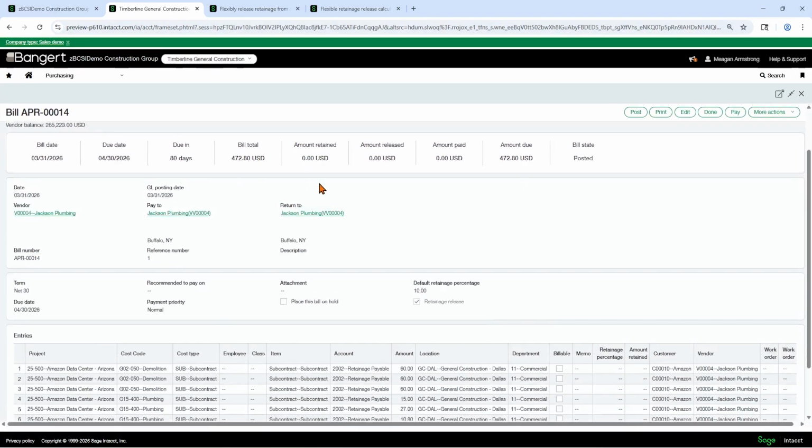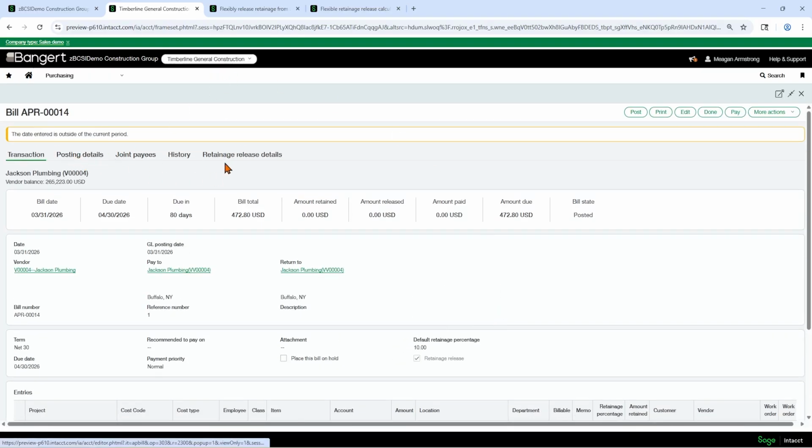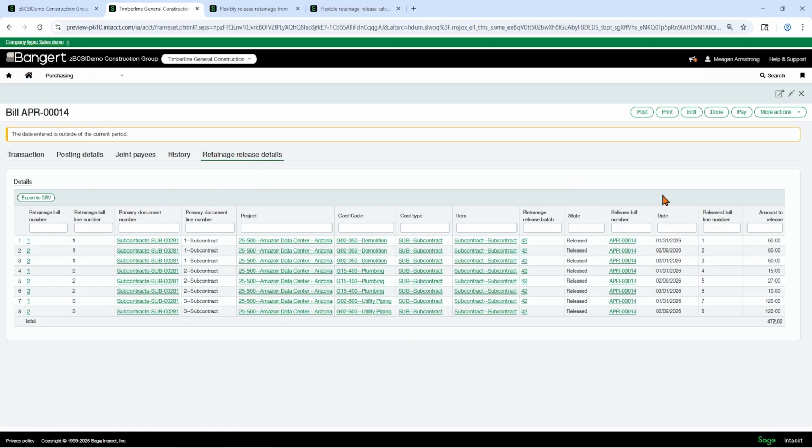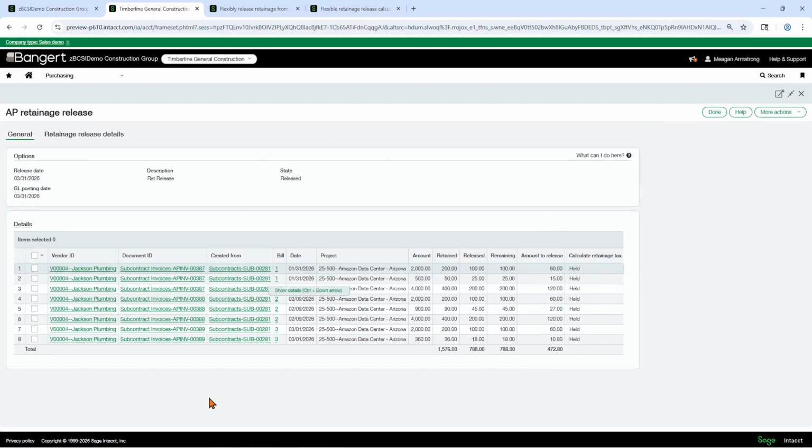And this has got all of our details here. There's every line with the amounts. We can go here into the retainage release details. It's just showing us per line what the amount was released. But also in this batch here, this is familiar for people who have released retainage through the accounts payable screen. This is basically our subcontract here, and then our subcontract invoices, the sources, and then the amount remaining on each. And since we're at 50%, looks like it's half and half.